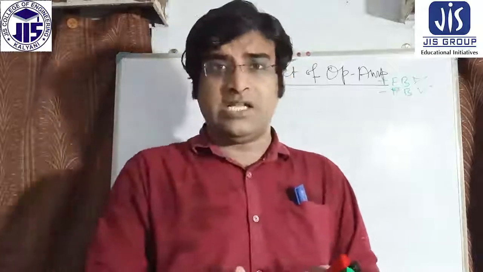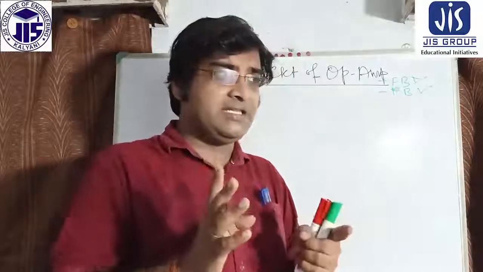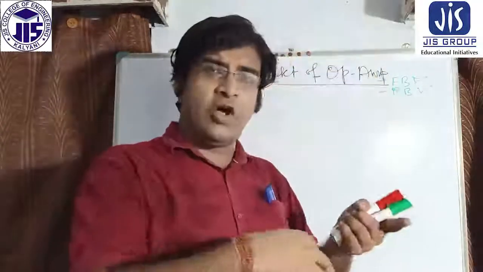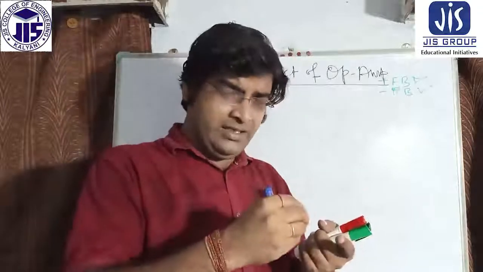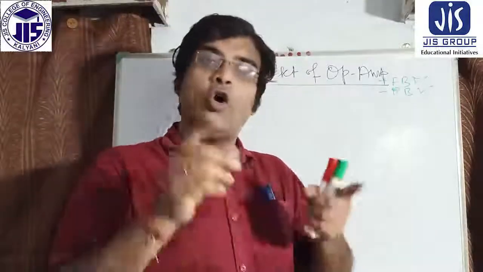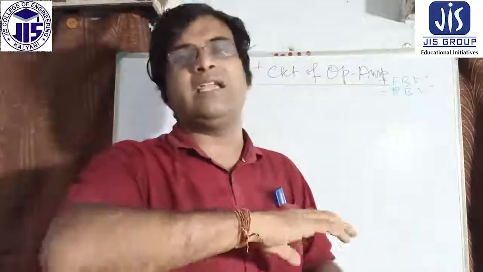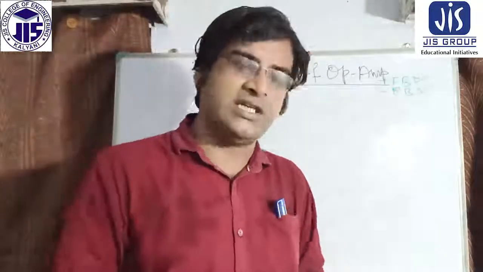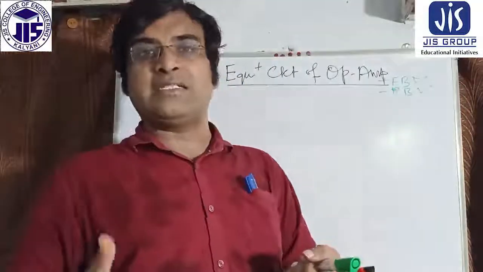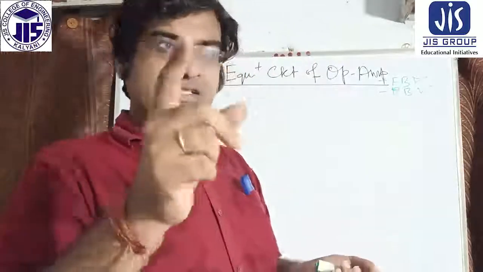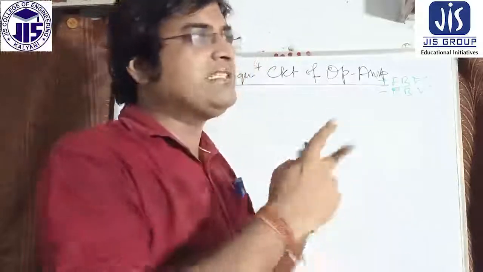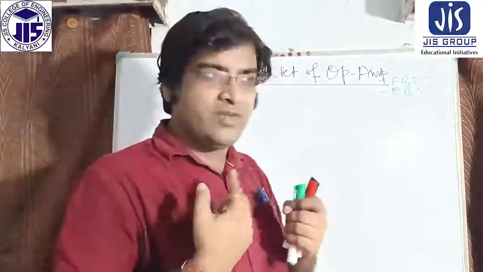At present we have to know that any complicated circuit can be represented in a very nominal, miniature way equivalently, and this type of circuit is called the equivalent circuit. We already know that inside the op amp there is a huge transistor circuit or MOS, CMOS circuit, so it is very complicated to analyze, but using an equivalent circuit it is possible to analyze. One thing I want to say: in an equivalent circuit there are no actual connections between the input and the output side.